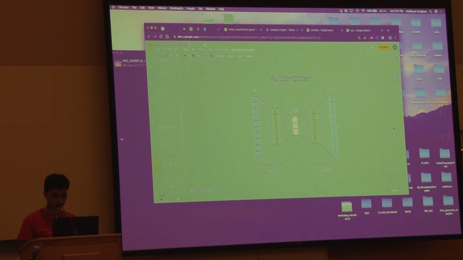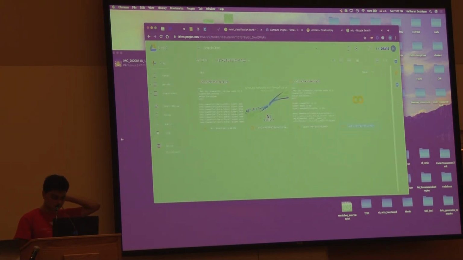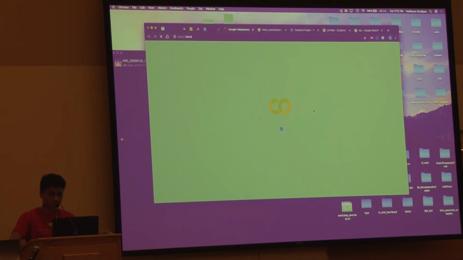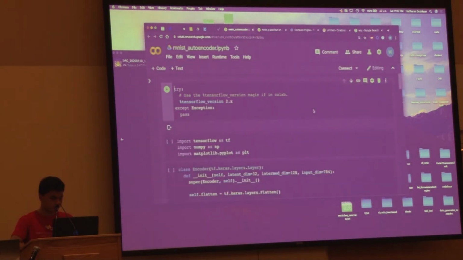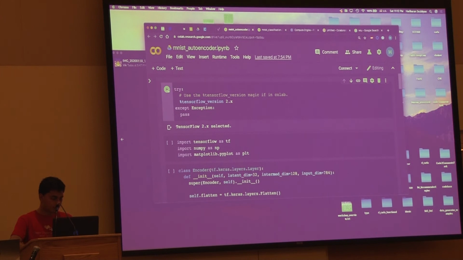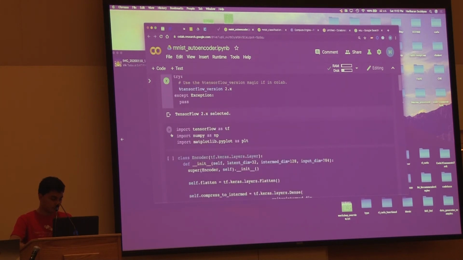Okay, not quite yet. So we'll do the same thing. We're going to run with TensorFlow 2. Then we're going to import TensorFlow, PyPlot, and everything. So the next part